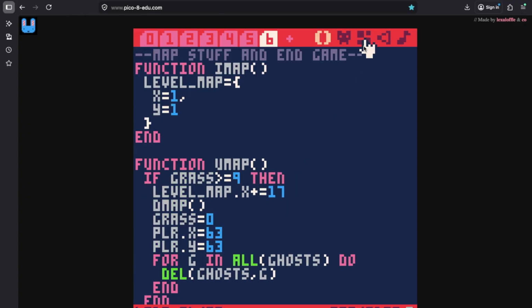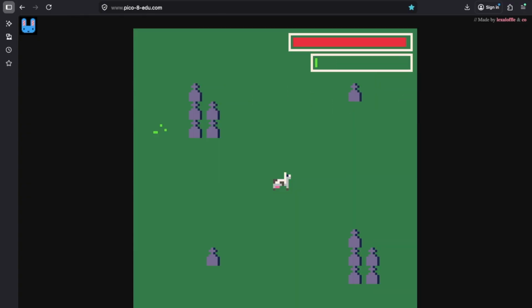Okay, so I've done a little bit with making maps and stuff. I've done some simple maps. This isn't the complete version of what the game will look like. I do want to make the maps look a little nicer. And then another thing, let me show you some of the levels.